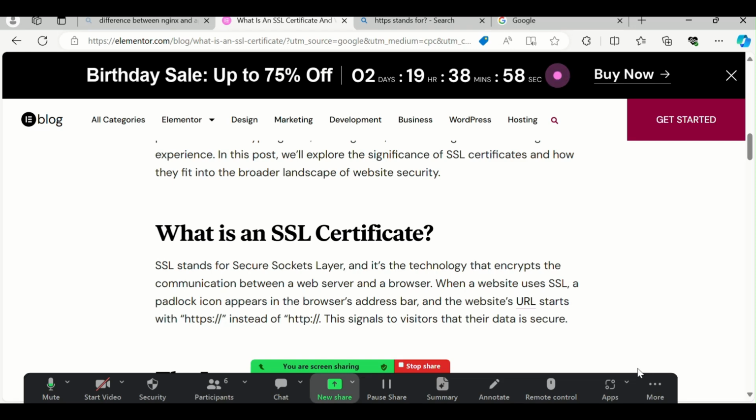There are multiple websites that are only HTTP, hypertext transfer protocol. But when a website purchases an SSL certificate, it changes from HTTP to HTTPS, hypertext transfer protocol secure. It means that your website is secure now. Now there is no chance of hacking, or if you are going to make any purchases on your website, so it is important to have an SSL certificate, right?